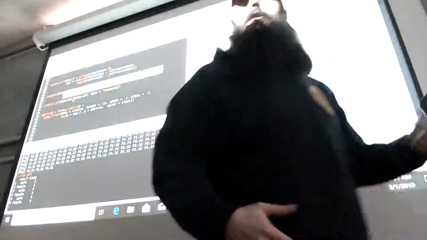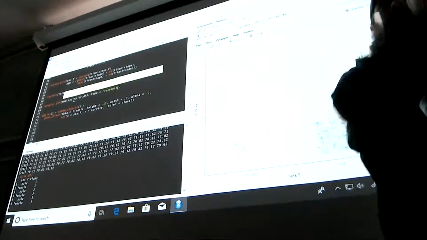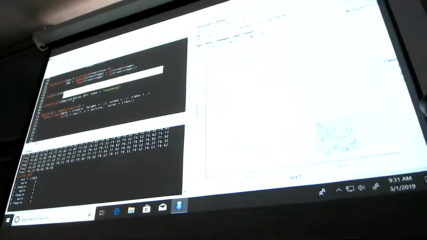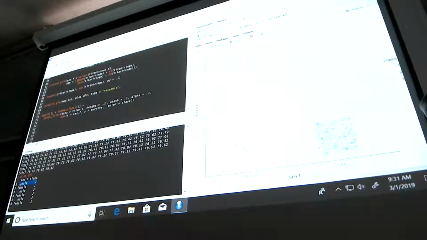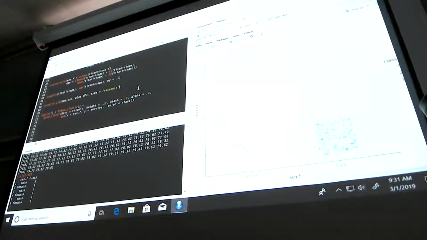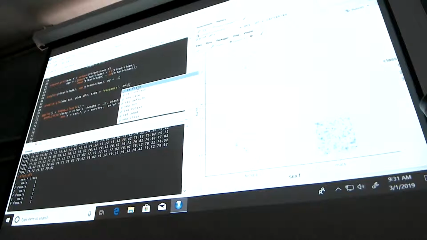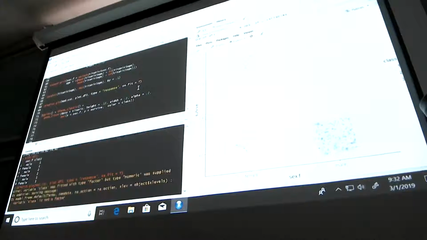That's how predict knows to output the predicted probabilities for these specific values. In this case, what is the probability of males in first class, of females in first class, and so on. Then you also have to tell it that se.fit equals TRUE, which is how you get it to output those standard errors. So now if we just run this line,